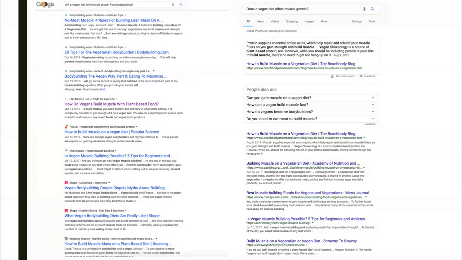Okay, and so this is what's going to come up if we just type that question into Google. There's going to be so much stuff, you're going to be overwhelmed. And you're going to think there's all this great information. But one thing to note is a lot of these are not super reliable sources. For example, the first thing that pops up is